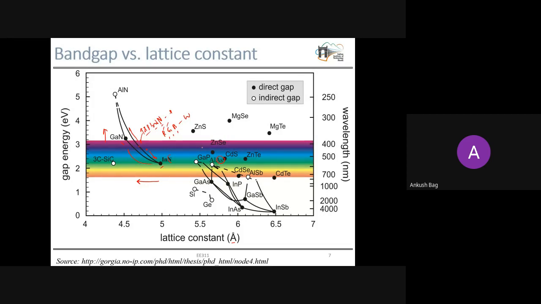Now these two color LEDs were there, but people could not achieve blue emission, could not get any LED which can emit blue light. If you cannot get blue light emission, you cannot build your white LED. That was the main challenge, and that is why they got this Nobel Prize for the invention of the blue LED.